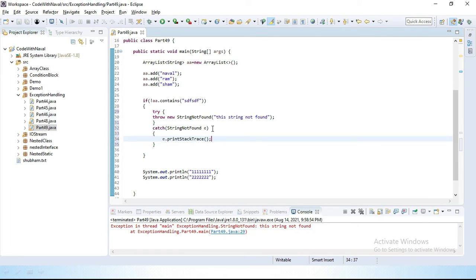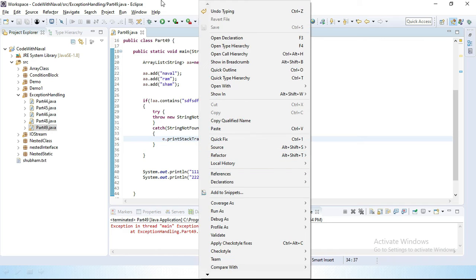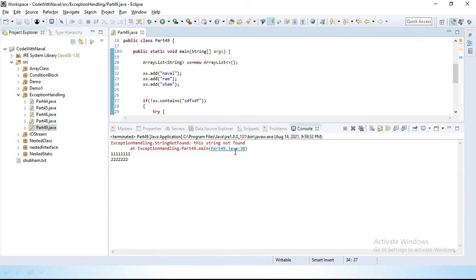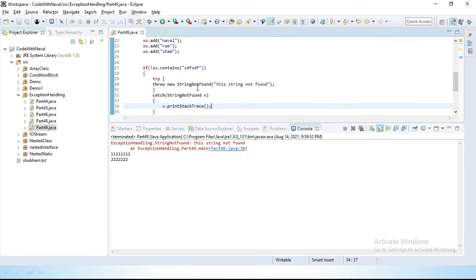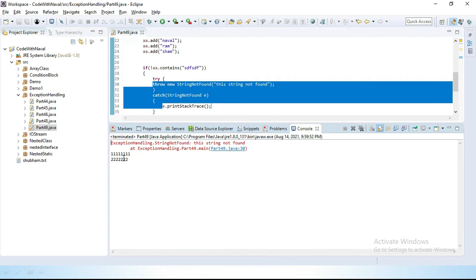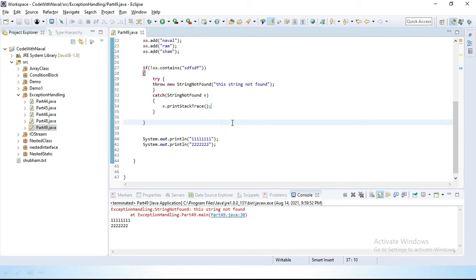Let's save this and run this program. You can see first you got the proper error message, this string is not found. Then the exception was handled, and our remaining statements executed. You can see proper execution happened here.